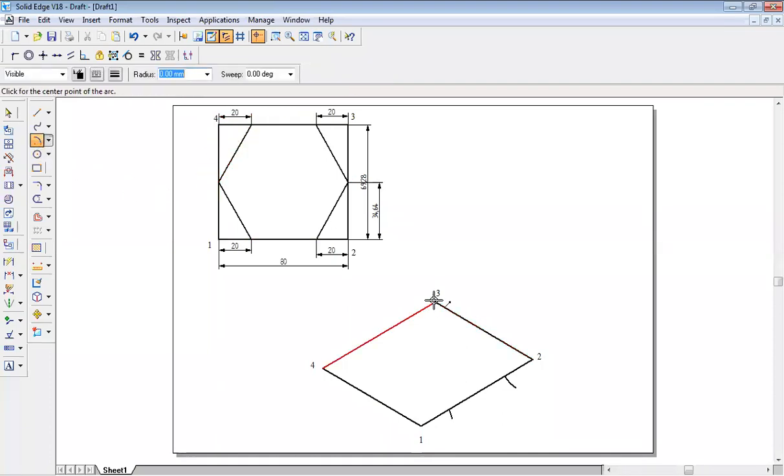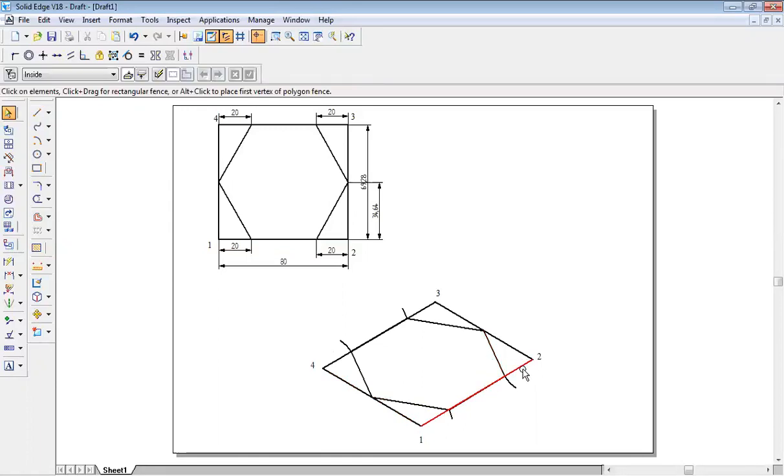Let us repeat the same. From here, the radius of the arc is 20. Same way from the other side, the radius of the arc is 20. After this, go to the line command, connect it. This is A to B connection, exactly in the center. Then C to D, D to E, E to the midpoint F, and back to E. This is the construction procedure of the hexagon.